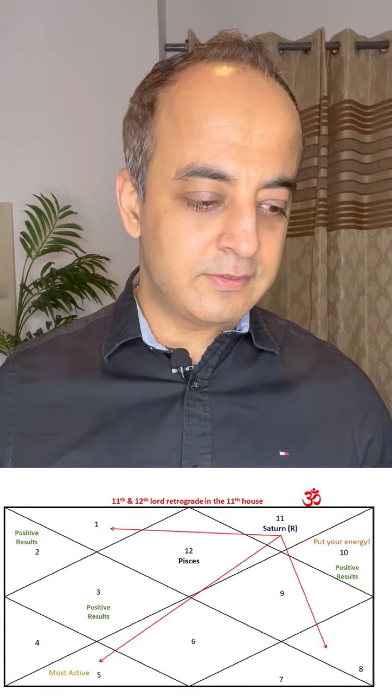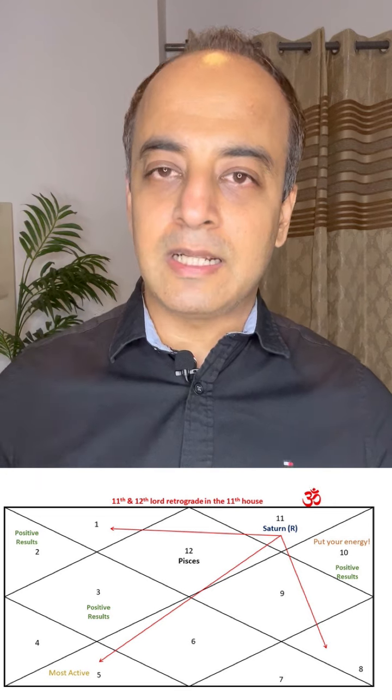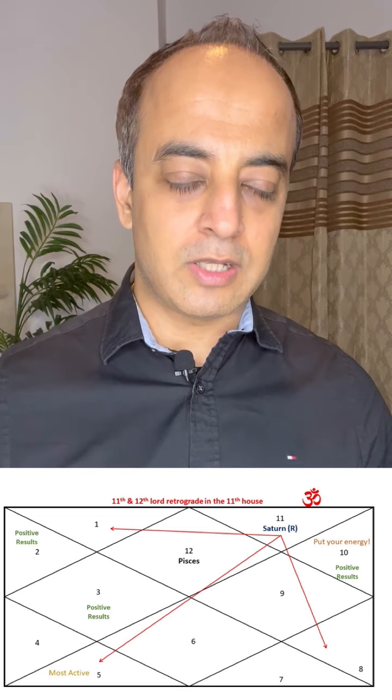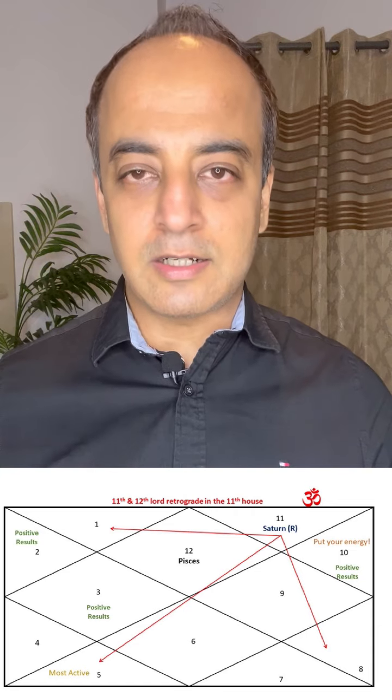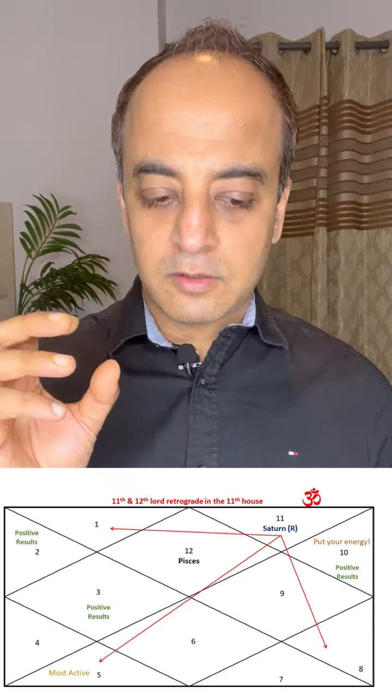Now let's talk about Pisces ascendants. For Pisces, Saturn becomes the ruler of the 11th house and the 12th house, and this Saturn is making a retrograde transit in the 12th house. Saturn is also one of the significators of the 12th house, or the Karaka. From here,